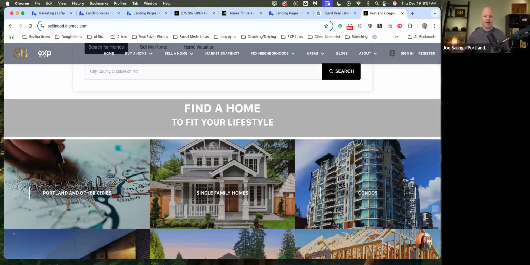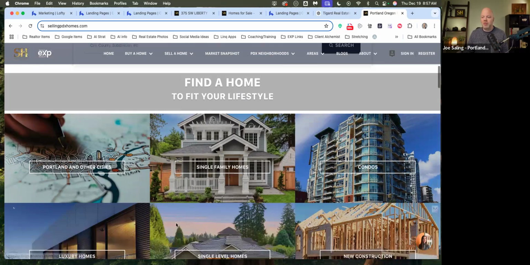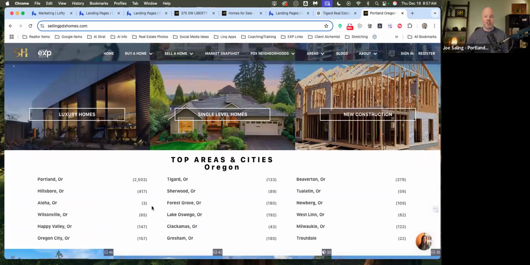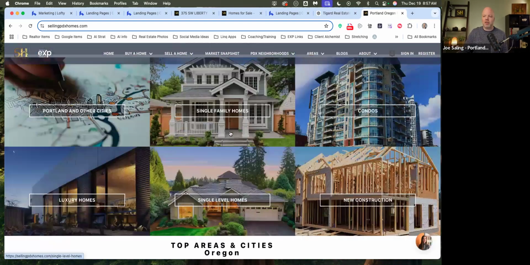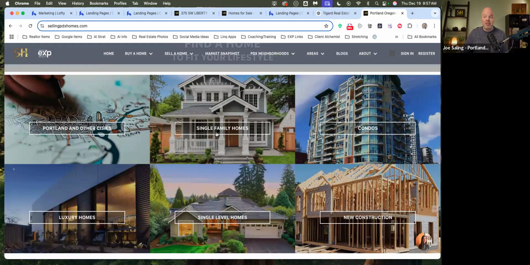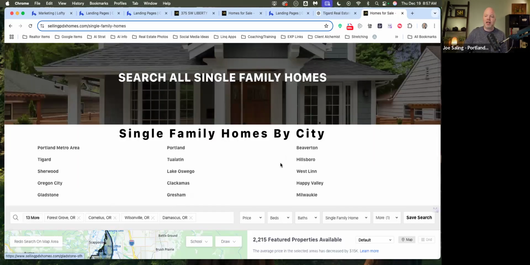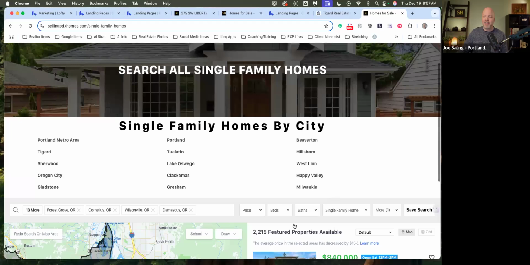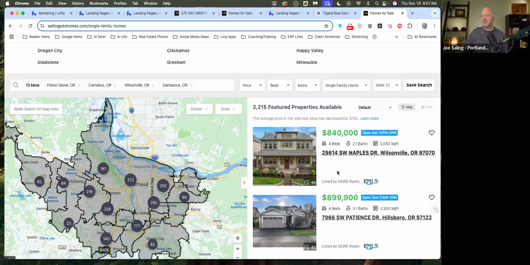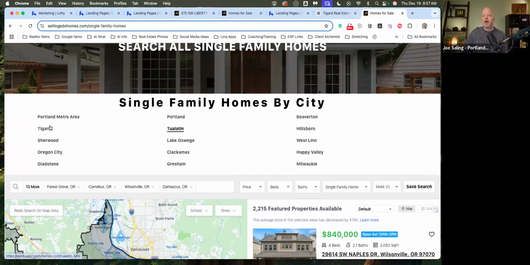These here are content blocks that, hey, you want to look for Portland and other cities? Perfect. Click on this. Single family homes, click on this. Condos, then I have a quick search link. Now, one thing I'll show you just to give you some quick ideas. In my single family homes, it's going to take me to another page, search all single family homes. I have a quick search that allows me to click city to city, and then it's going to show me